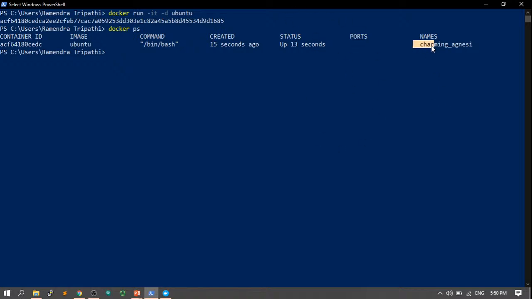Now you might be surprised with the name over here, Charming Agnesi. This is a randomly generated name. If you don't mention a name when you're creating a container, Docker is going to create a randomly generated name. So what we can do is include another flag called the --name flag, and I'm going to give this